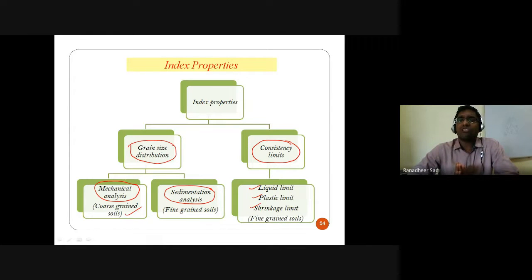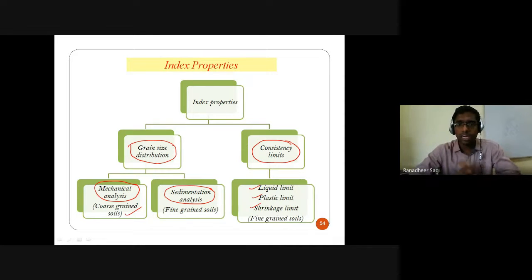All the particles which are of sizes less than 75 microns will get carried away with the water when it is sieved through your 75 micron sieve. And all the particles which are of sizes greater than 75 microns are going to be retained on that sieve, which has an opening size of 75 microns. So particles of sizes less than 75 microns will pass through the openings in that sieve, and the particles of sizes greater than 75 microns get retained on the surface of that sieve, because the size of the particle is more than that of the opening available there.